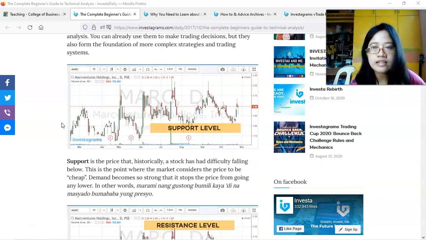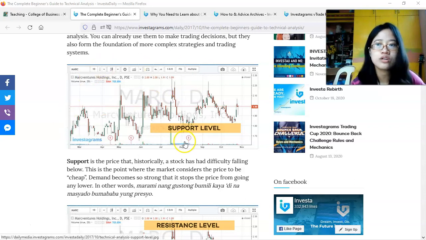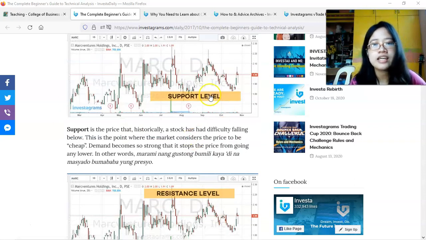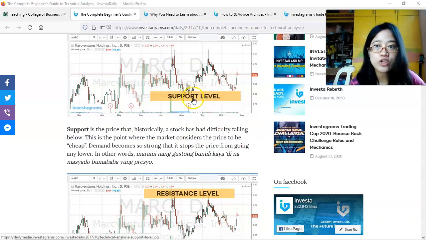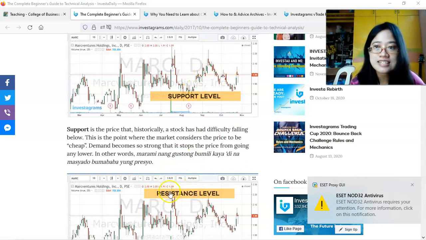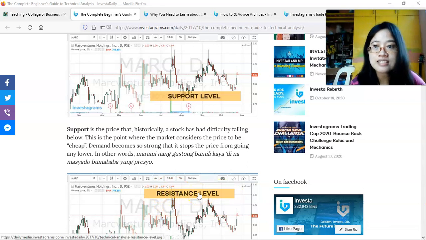Okay? Since yung ating competition is short-term lang naman, 47 days, so you can probably make use of support and resistance. Okay? Normally, dito sa support level, kapag yung isang stock ay, eto na, naabot na niya yung support level, this is the point where you buy the stocks. Okay? Bibili ka ng stocks dito. Tapos, iintayin mo siya na tumaas, hanggang ma-achieve naman niya yung resistance level. Pag na-achieve na niya yung resistance level, diyan ka na mag-sell. Ibenta mo na yung stocks mo, kasi pag na-reach na niya yung peak na yan, pababa na ulit ang kasunod